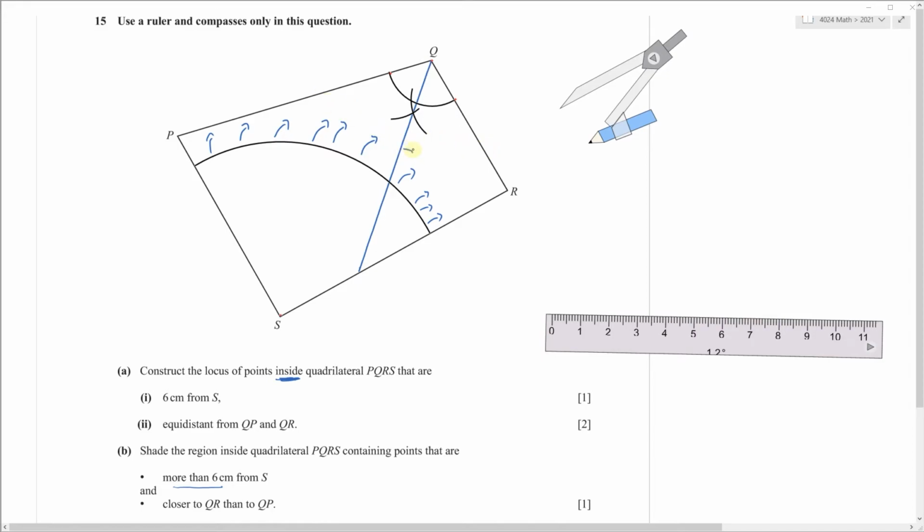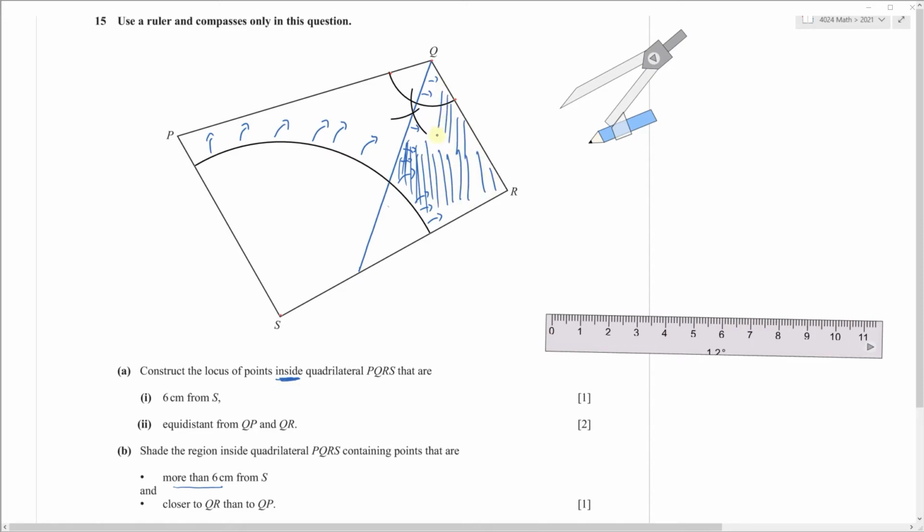So any points on the right side of this blue line will be closer to line QR. So the common region is this one here. This region here is more than 6 centimeter away from S,